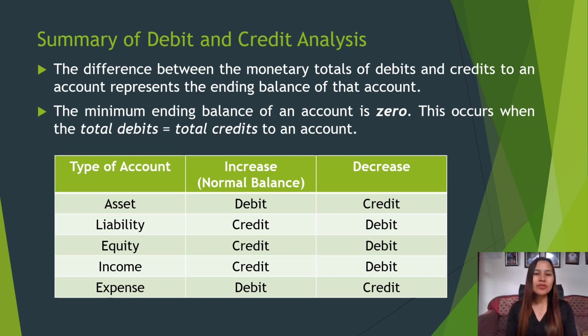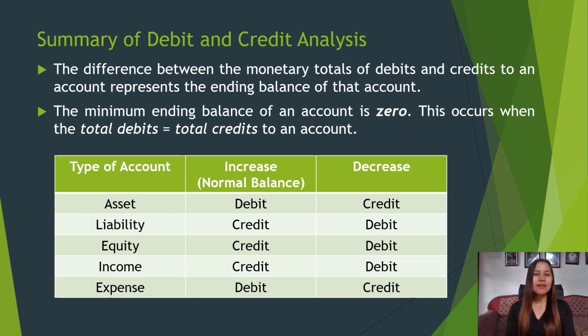So we have here the type of account. Asset: increases on its normal balance, debit, and decreases on the credit side. But for contra asset accounts, the normal balance is the opposite of the normal asset balance. So say, for example, allowance for doubtful accounts is a contra asset account, so its normal balance is credit. Likewise, accumulated depreciation has a normal credit balance also because it is a contra asset account. To debit these accounts means to decrease their amount.